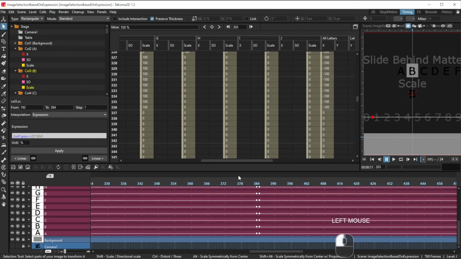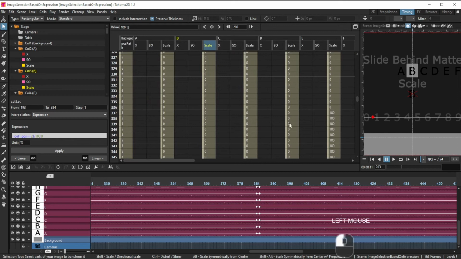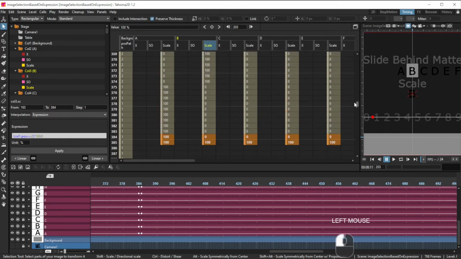And as I scroll down, you'll see it gets back to 0 until the A is exposed again. Now I'll point out, I also have to put constants in outside the range of the expression so that it doesn't leave as a default the last value from the expression. That's the default behavior that it does. So I have to add another row, add another constant value so that scale is 100 after that segment of